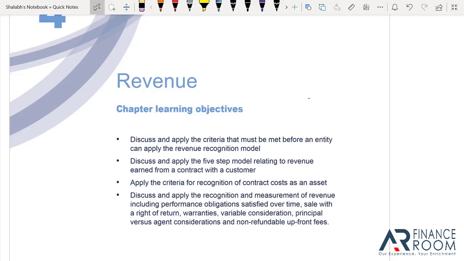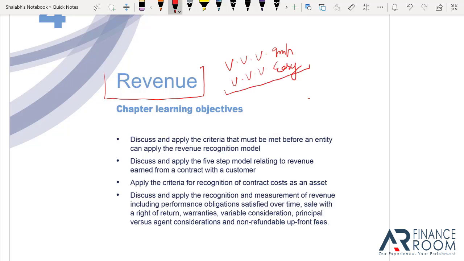All right, hi guys, welcome back to another session of this very beautiful subject, SBR. And today is going to be one of the most important classes. This is one of the most important sessions because today we are starting with revenue. Write it down, very important and also very easy. Trust me, this is one of the easiest, most wonderful accounting standards, IFRS, most beautiful IFRS that we are going to go through. This is one of the most widely used.